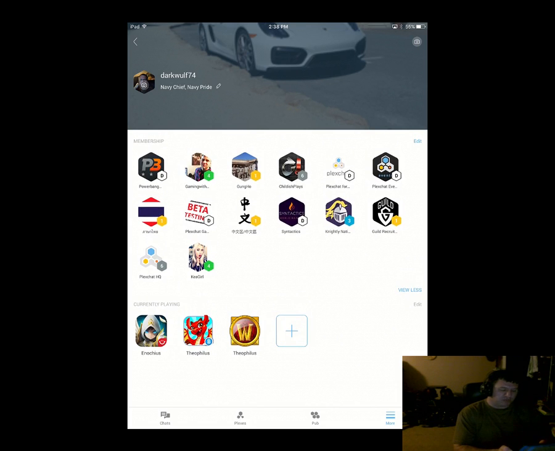Going back to the currently playing, here's something too. You can add games that you're playing and put your in-game name. You can also put multiples, so if you've got multiple accounts for something, you can add that game again with your other account name. You can also edit. Let's say you get tired of playing a game. If you click edit, you can hit the little X button, and it will remove that information. So if you're like, yeah, I got tired of playing, I don't know, World of Warcraft or Dragon Story, I deleted my account,